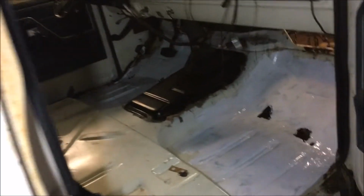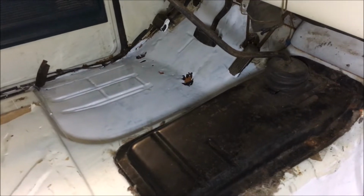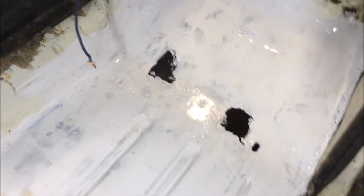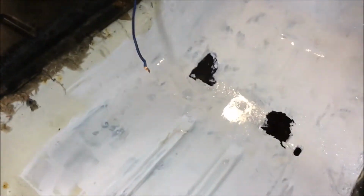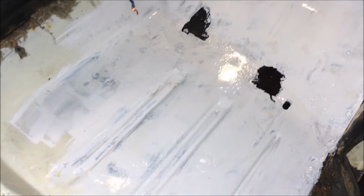The shop working a little more on the F150. I've got the rust neutralizer down on the front floorboards. You can see the holes. I've got the patch a little bit better now. I put Rust-Reformer on here and then got myself a quart of Rust-Oleum